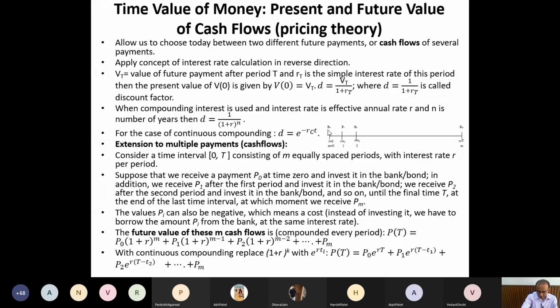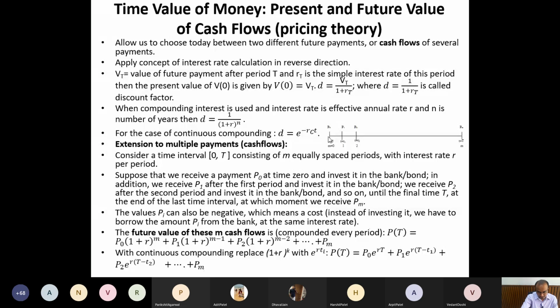Now remember, I have taken a case where P0 is the amount held by me and I'm lending it to the bank. Then P1, P2, PM are the amounts I'm receiving from the bank or bond as interest, or some gain, or maturity value, whatever it be. In some cases, these P's, meaning P1, P2, PM, or this P0, may be negative. In which case will it be negative? Instead of lending the amount, suppose I am borrowing. So it is a case of a loan: instead of giving money to the bank, I am borrowing.